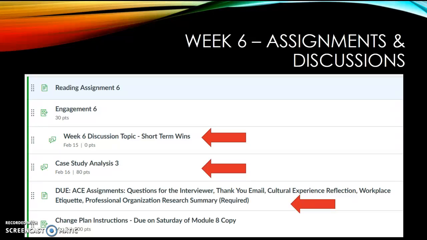The other thing I put into this module, I reiterated the change plan instructions, and I'm going to go through that as well, because what I'd like to do is take the change journal that you've been building on throughout the term, and we're going to start making that a reality for your change plan. And hopefully you've kept that documentation available, or you can also go back through our discussion boards and extract that information that you've put in to build your change journal.